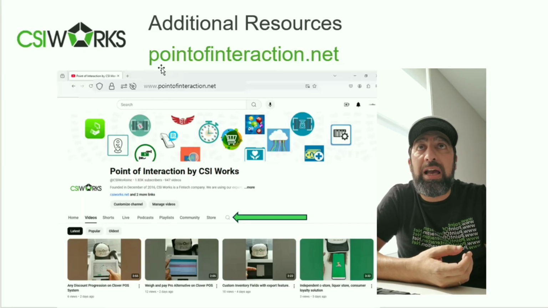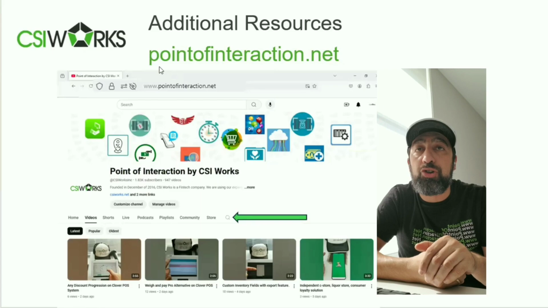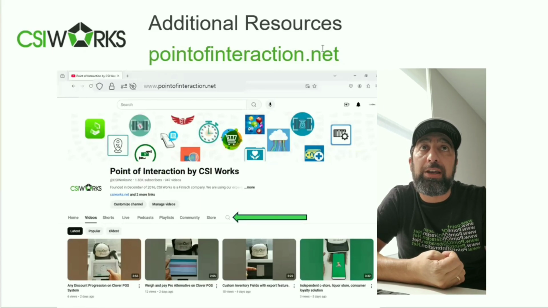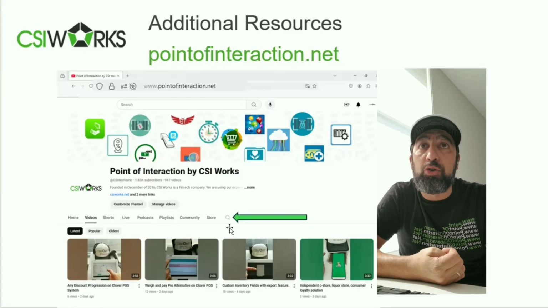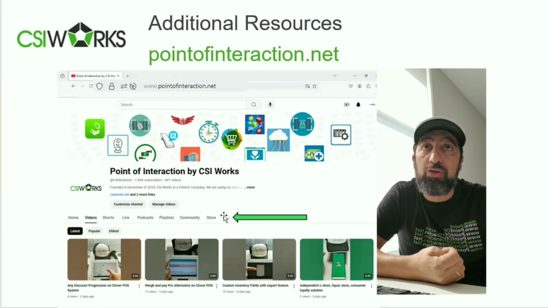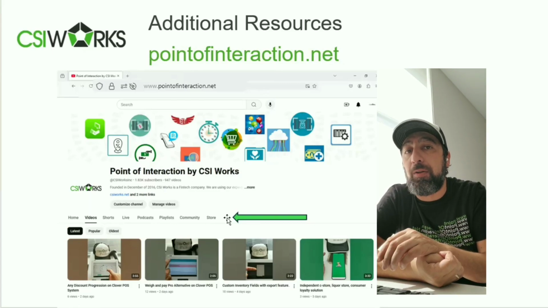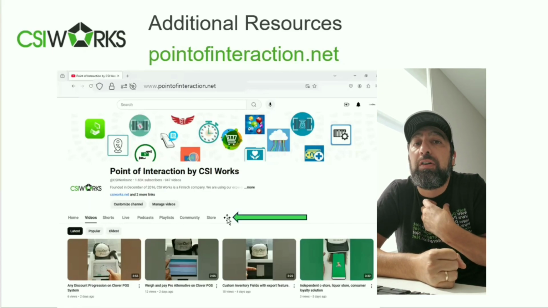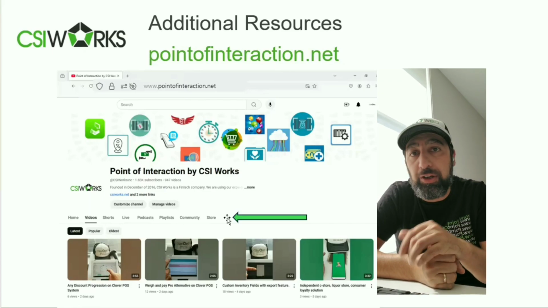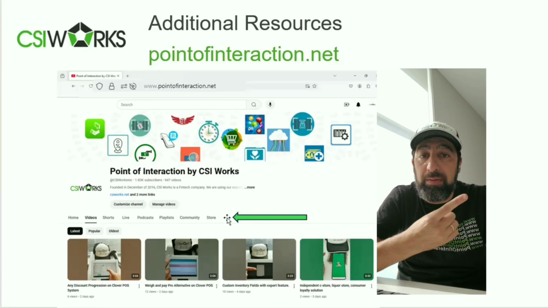We have the entire domain pointing to that YouTube channel, so you can go to pointofinteraction.net and search inside that channel. That becomes a searchable database of how-to videos for all of our apps, including Variable Price Barcode Parser. Very powerful